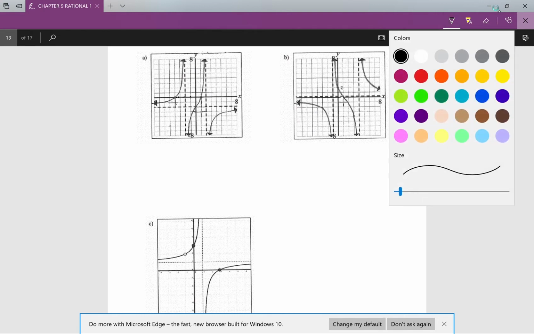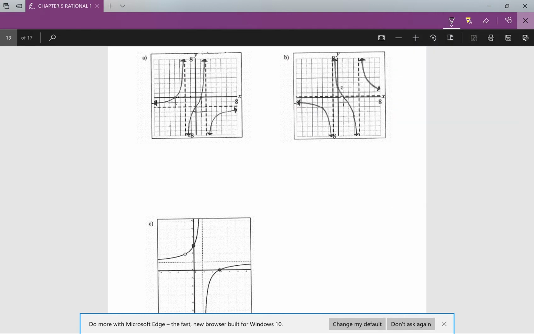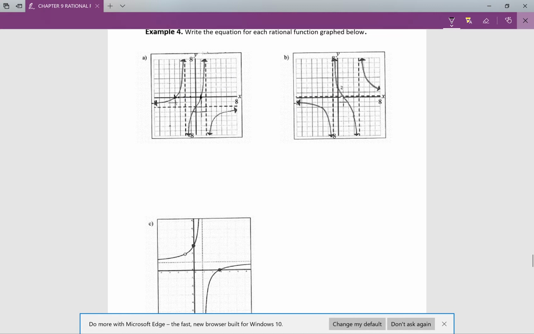And starting off, we know that the x-intercepts are going to occur, and it could be a bit hard to see, but I have an x-intercept right there at 1, and I have another x-intercept right there at -4. So that's going to give me x plus 4, and then that's going to give me x minus 1. So my two x-intercepts, one's at -4 and one's at +1. From there, my vertical asymptotes occur when x is at plus or minus 2, so that's going to give me x plus 2, x minus 2 in the